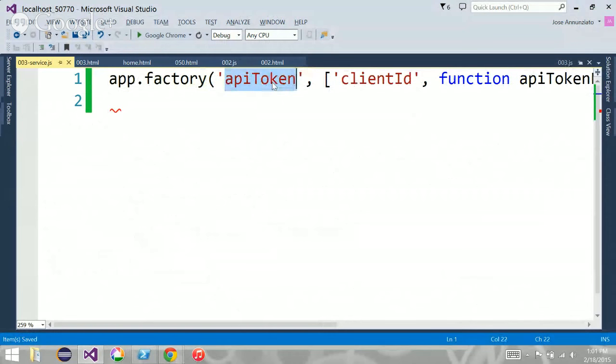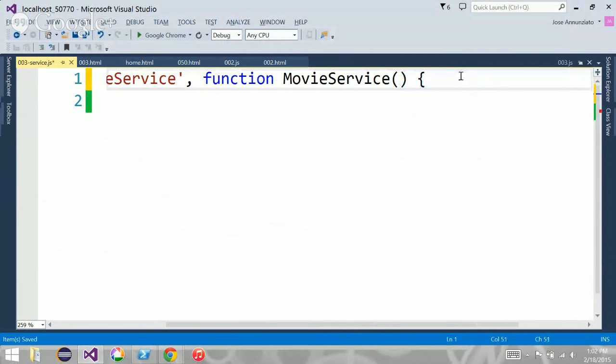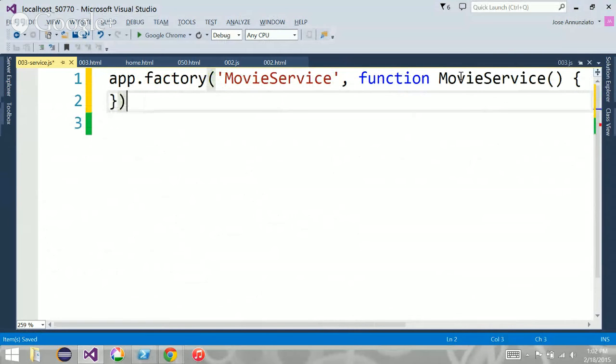We're going to call this the movie service, and it's just going to be a function. What this is going to do is provide services that are common to everybody, like add favorites, remove favorites, things like that. And all controllers are going to share this.